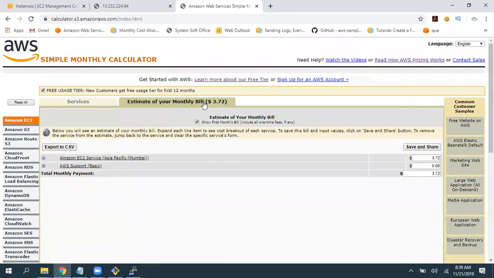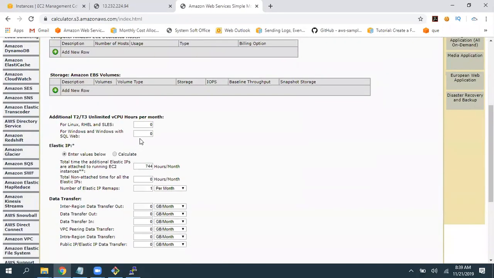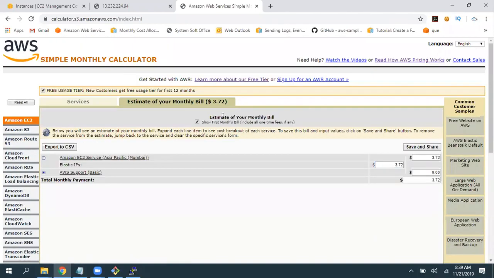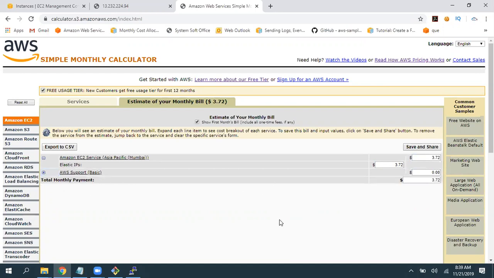So then here you can find the cost. Observe this, the cost is going to be 3.72. So 0 per month and cost is going to be 3.72. It may be that $3 is added, but including tax and all, it comes to 3.72, I believe. So support, no, not required.